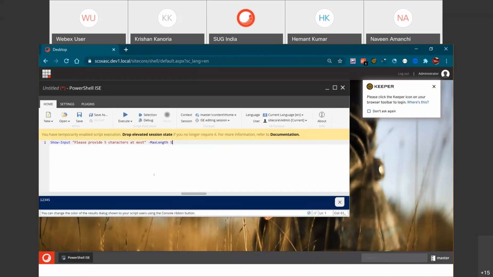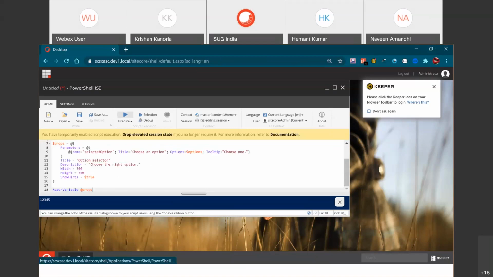I just need to be competent in my PowerShell knowledge and leverage the UI as well, and then I can give the results without any deployment, and it actually saves my time. It's not that you have very limited options; you can have any complex scenario, and Sitecore always gives you the option to customize, so you can extend and do the operations.